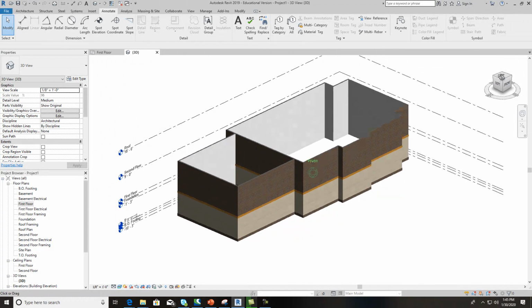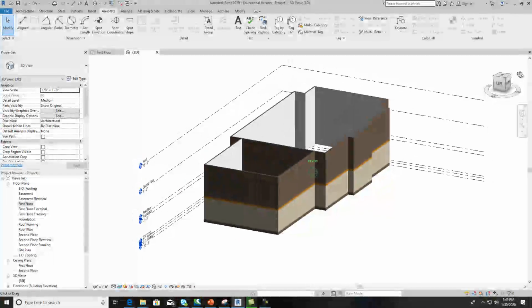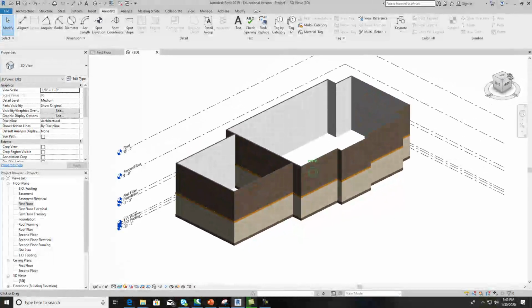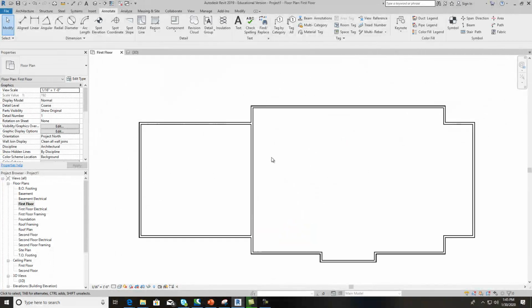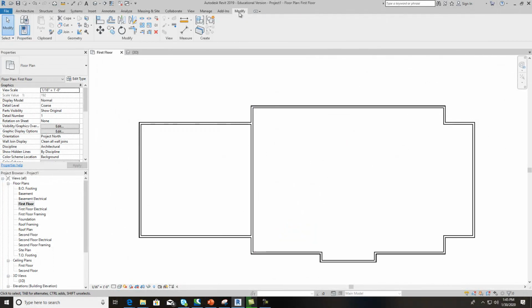So what I'm going to do here is, I'll show you how to fix that. Let's go to first floor plan and come up here like we did in our modify as we did earlier. Come in here and use your split tool. Just split it there,